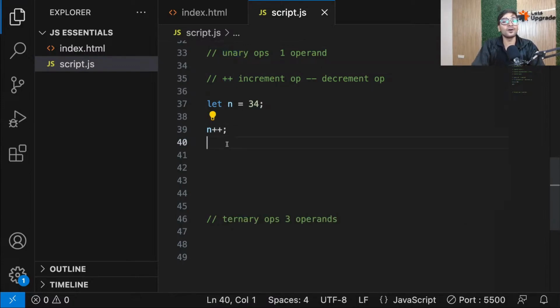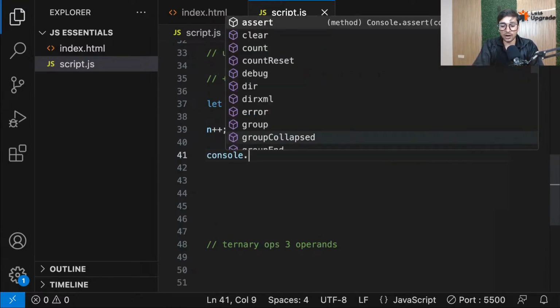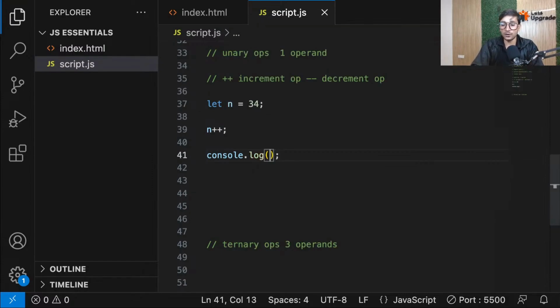You can see, right? There's only one operand, n. We don't have any other operand here. We don't have any other value here. Only one value. Now what will this n plus plus do? Let's see that. Let's log the n after n plus plus. So if I go ahead and put n here, you'll see